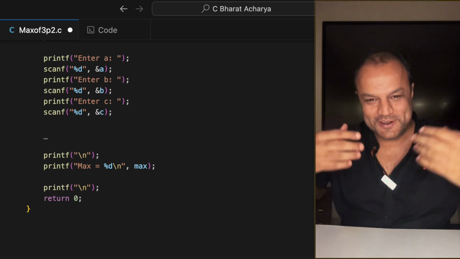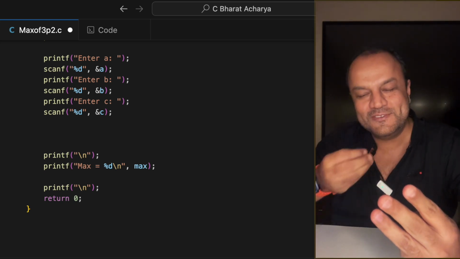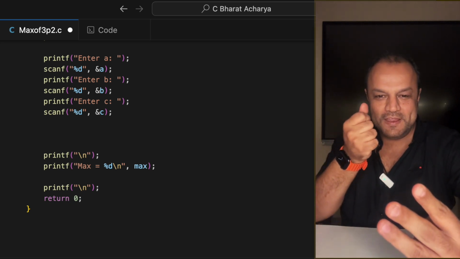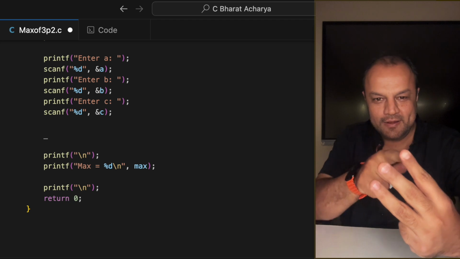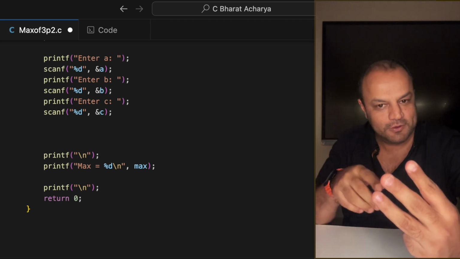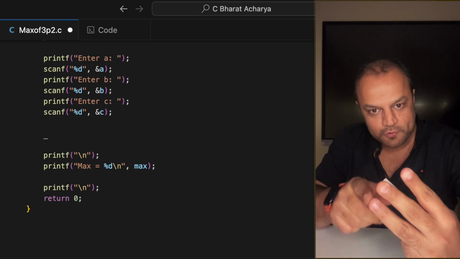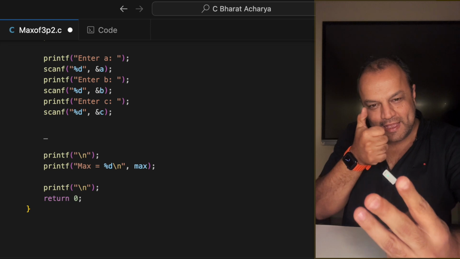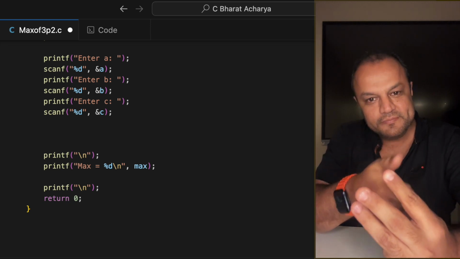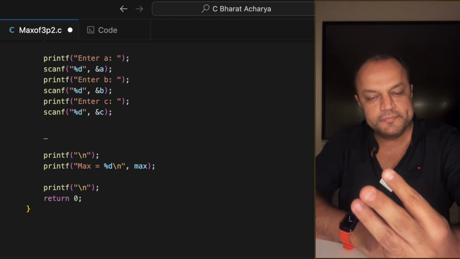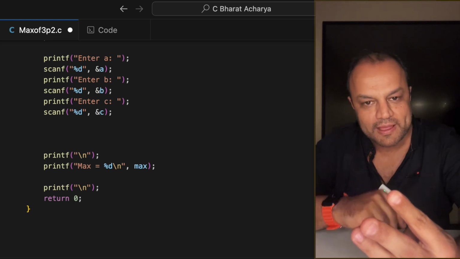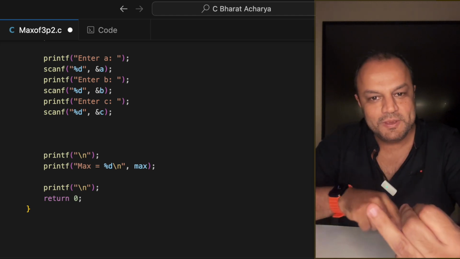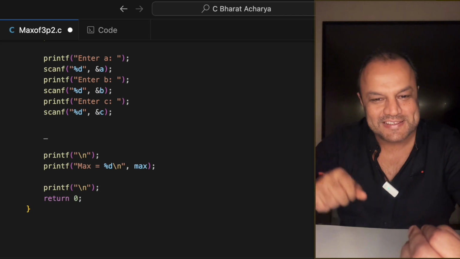I love this approach. Okay, pay attention here. A, B, C. This is so simple. A, B, C, 3 variables. I have a variable max. Max at the end will be one of these 3 values, cannot be a 4th value. Between 2, 3, 4, max can be only 2, 3, or 4, that is 4. Max cannot be 7, correct? So what do I do? I initialize max with A directly, no checking. Max is equal to A. Whoever is the first number, you are max. Now, look at B. If B is greater than max, max is B. If C is greater than max, max is C. That's it.